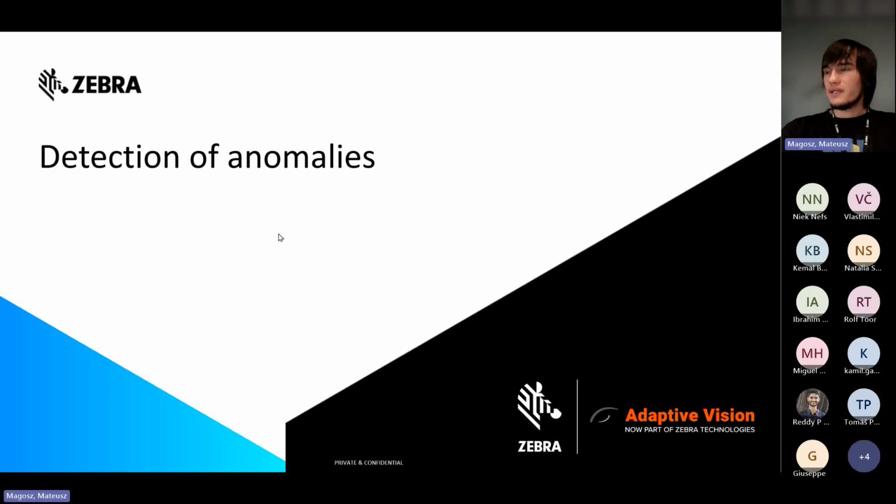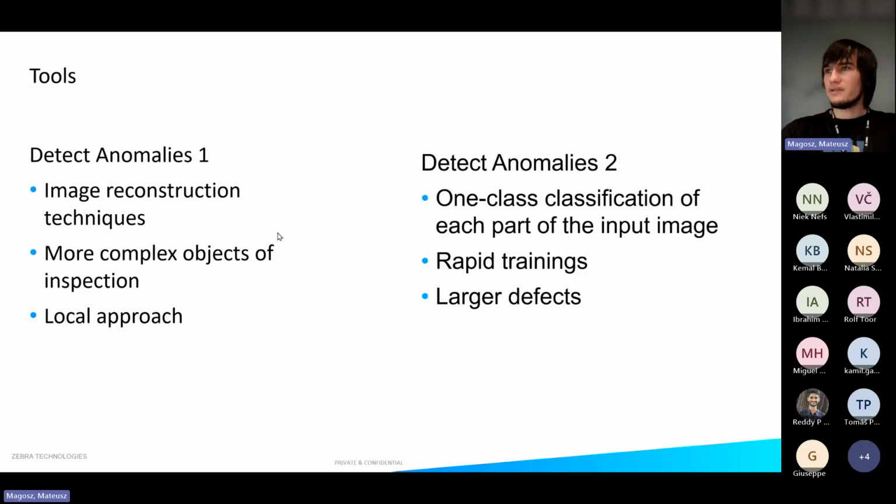So detection of anomalies, or anomaly detection, is an unsupervised deep learning tool, or how some developers like to call it, a semi-unsupervised deep learning tool. It's the tool that needs the lowest amount of iteration from the user. What you have to do is prepare a data set and label images okay and not okay. That's basically all your work, aside from choosing correct training parameters. But for the dataset